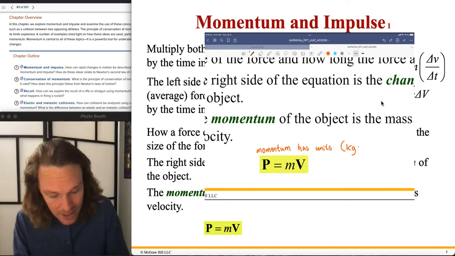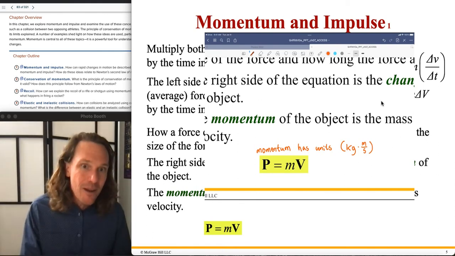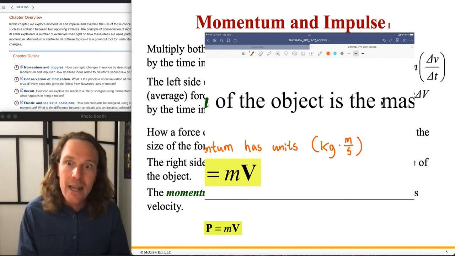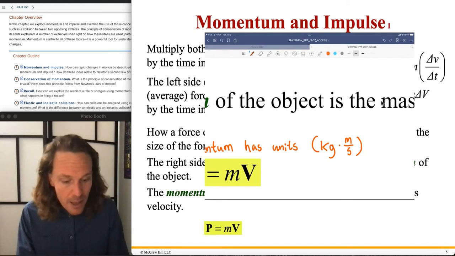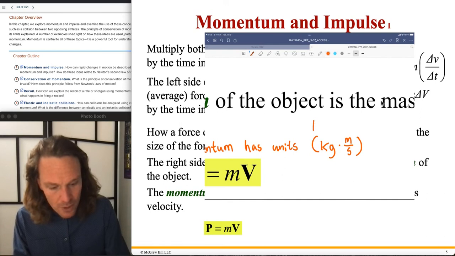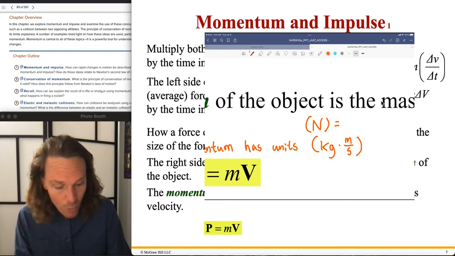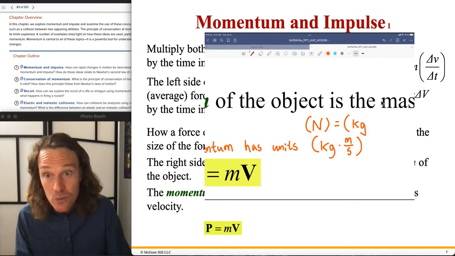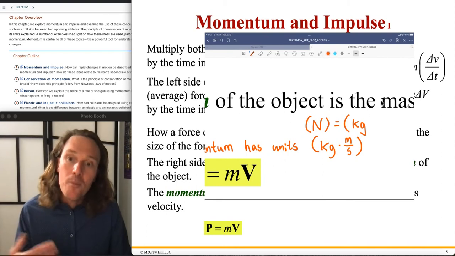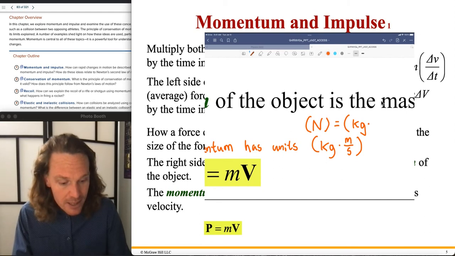So then I was saying the units of velocity are meters per second. So then the overall units of momentum are kilogram meters per second. That's fine, you can write it that way, but there actually is a more intuitive way to write it, which ties it in nicely with impulse. Because if you look at this, kilogram meters per second is an awful lot like a Newton. I'm not saying that momentum is a Newton, I'm just pointing out what a Newton is. A Newton is defined by Newton's second law. When you look at Newton's second law, it's mass times acceleration, so it's kilograms times